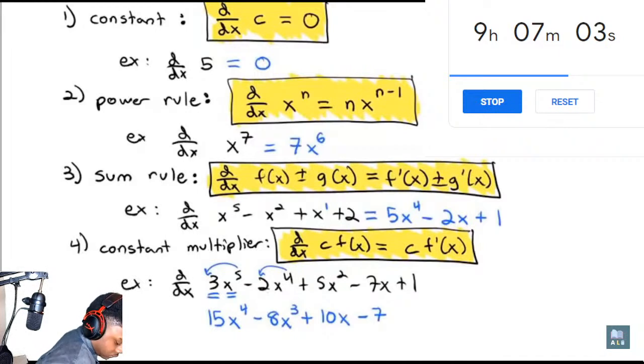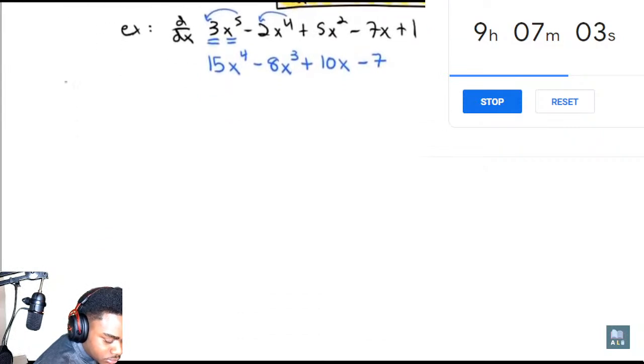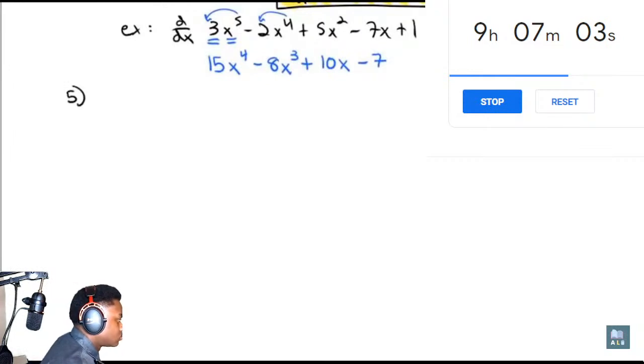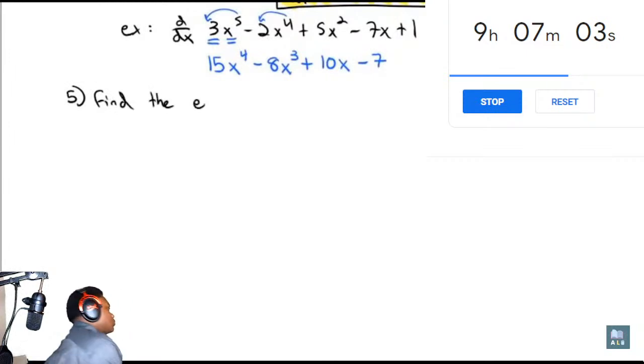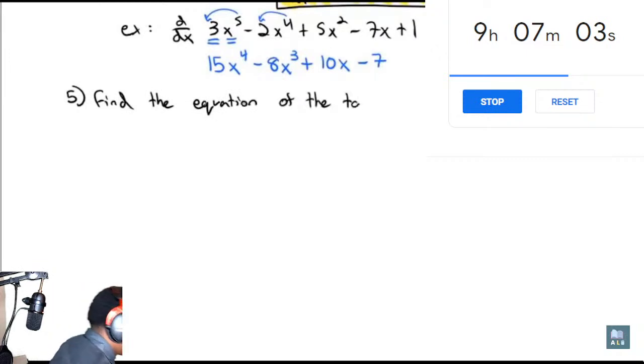These 4 basic rules of differentiation will save us a lot of work and time on that derivative formula. Now, in fact, we should be able to quite quickly find the equation of the tangent line